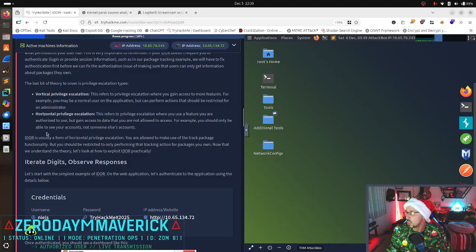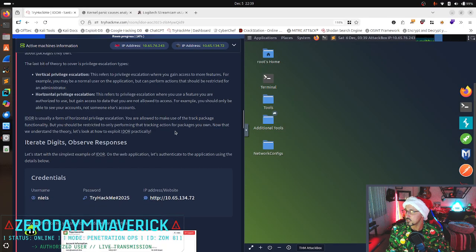That's the one-to-one transfer I was talking about. IDOR is usually a form of horizontal privilege escalation. You're not allowed to make higher admin credential queries, but you are allowed to make other queries within your group. You are allowed to use the track package functionality, but you should be restricted to performing that tracking action for packages that you own.